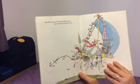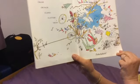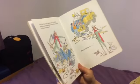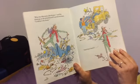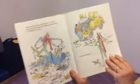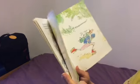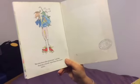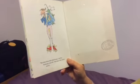And off they went with the wind behind them, faster and faster until crash, crunch, clang, clatter, thud, pa-hee-ha-hee-haw. What this bike needs, Breakspear, Mrs. Armitage said as she picked herself up from the wreckage, is taking to the dump. And what I need is... Whee! But what these roller skates need, said Mrs. Armitage to herself, what these roller skates need is